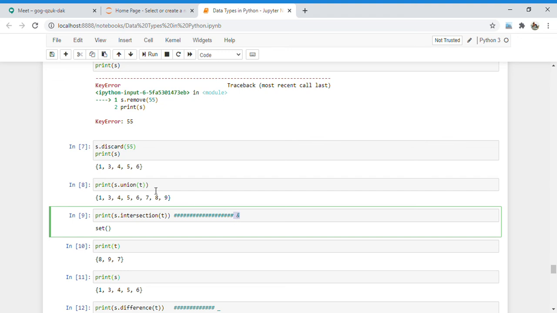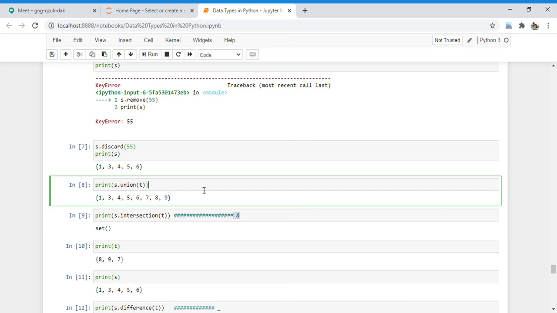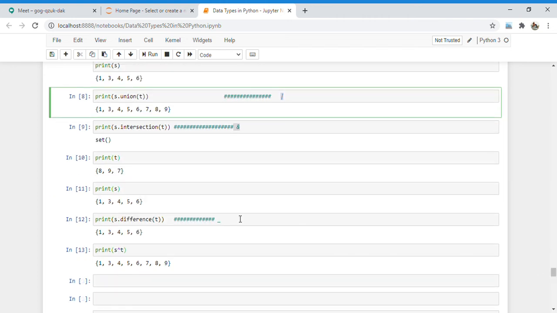And the symbol of union is our OR operator. So this is the symbol of union, this is the symbol of intersection, this is the symbol of difference, and this is the symbol of symmetric difference.